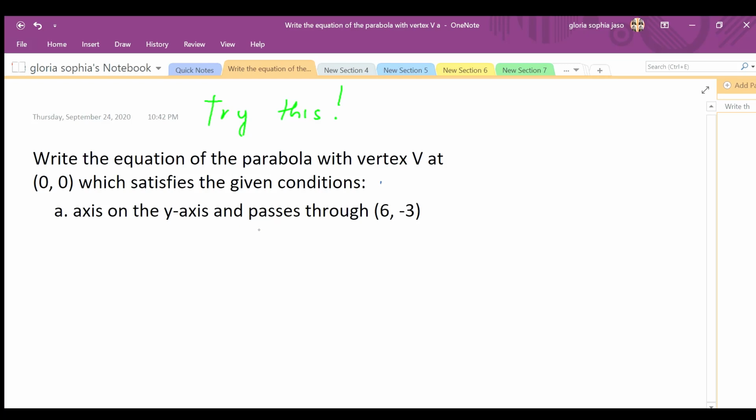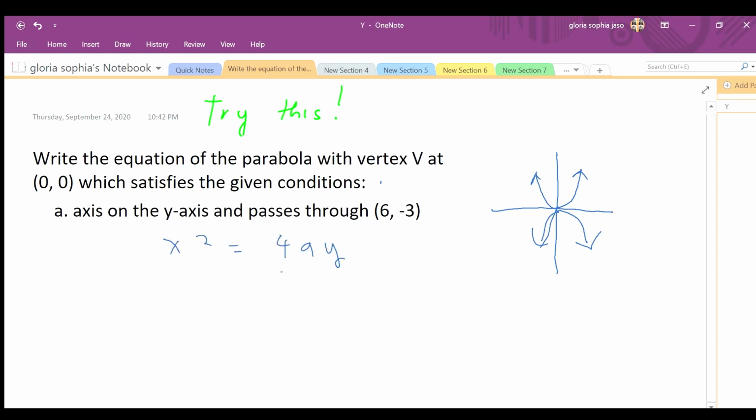Okay, so let's solve the problem. Since the given axis of the parabola is the y-axis, our parabola could either open upward or open downward. The equation that we should use is x squared equals 4ay, since the vertex is at (0, 0). Since the parabola will pass through this point (6, -3),